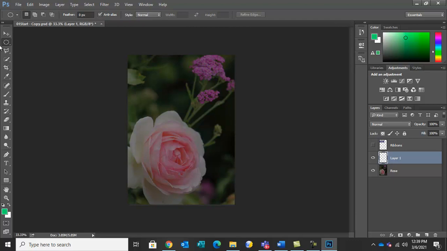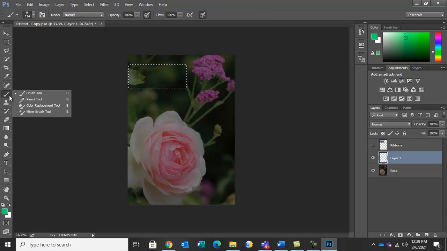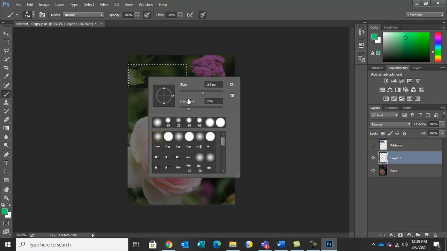Okay. Now see, select this rectangular tool and draw a rectangle like this. Okay. Now change the brush tool. Right click and change the brush size also. See, if brush size is big, we will quickly paint it.